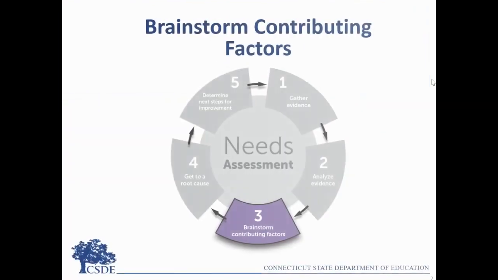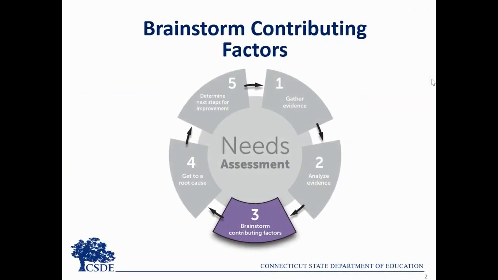In this video, we will look more closely at Step 3, Brainstorm Contributing Factors. To determine the needs of your learning community, your team has gathered and analyzed evidence about teaching, learning, behavior, initiatives, and the impact on outcomes for students in the community. This analysis has helped the team identify priority concerns. Once you have identified the challenges at your school or district, now you are ready to more deeply examine each challenge to determine the best way to address or eliminate it and break down the barriers to success for students. This begins with understanding the contributing factors, the focus of Step 3 in the Needs Assessment Toolkit.